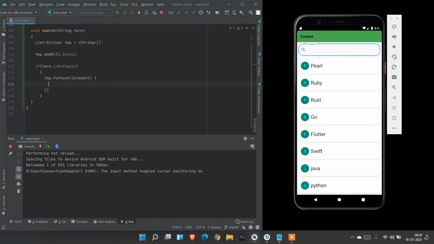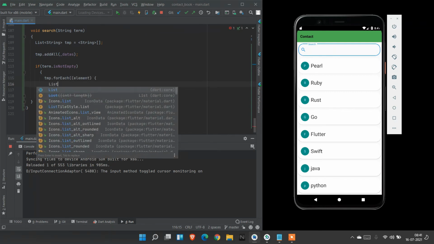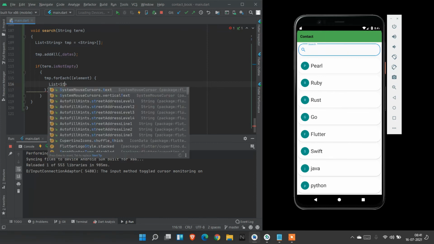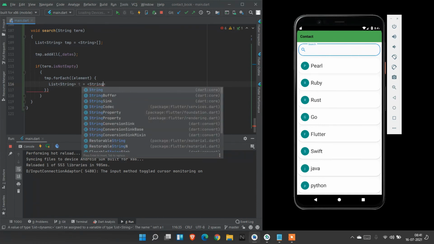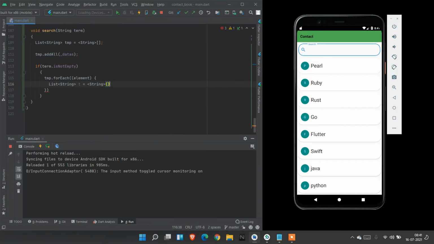Inside forEach we are going to create a new list. Why we are creating a new list: we need to search the element from the original list and add it to this duplicate list, so that's why we are creating a new list here.